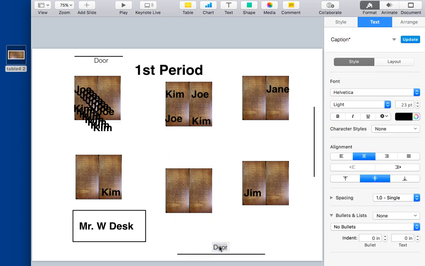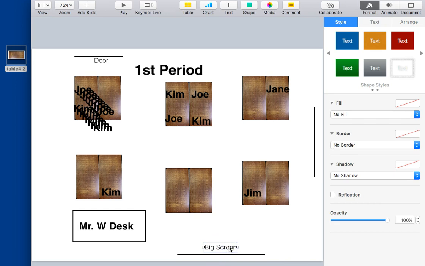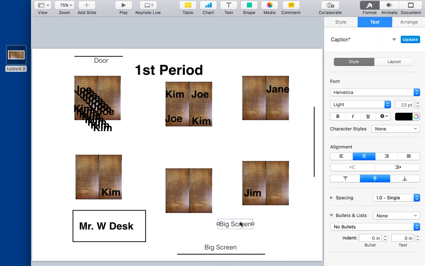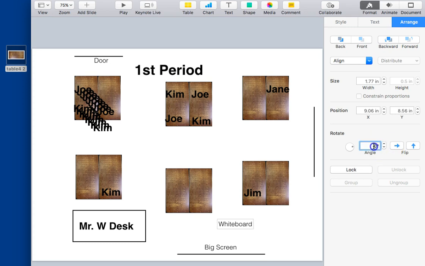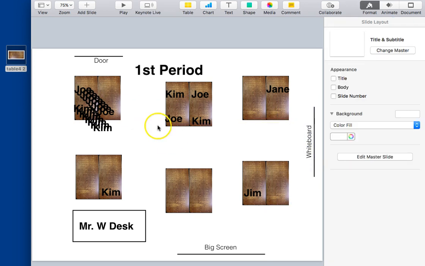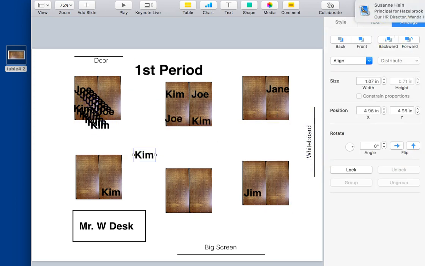So I'm going to call this big screen, and I'm going to Command C, Command V, right? Copy and paste. And I'm going to call that whiteboard. And then I'm going to arrange that by spinning it 90 degrees and dragging it over there. So maybe that helps kids find their seat. But anyway,